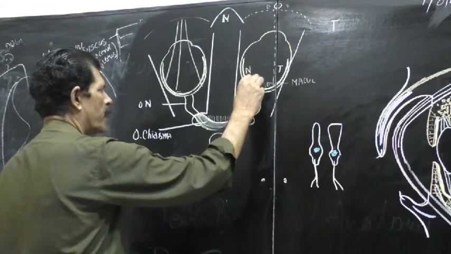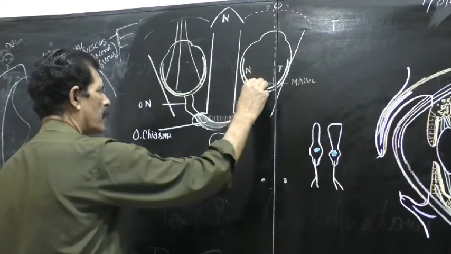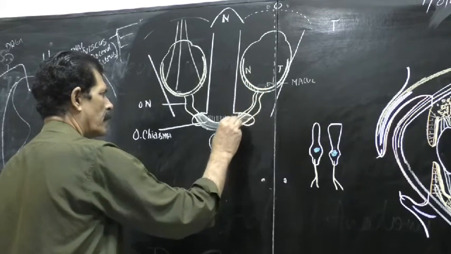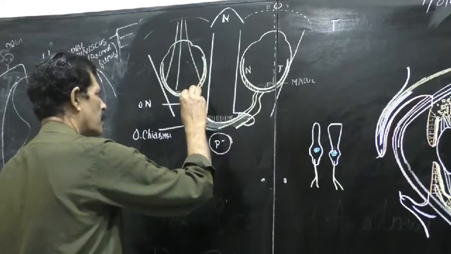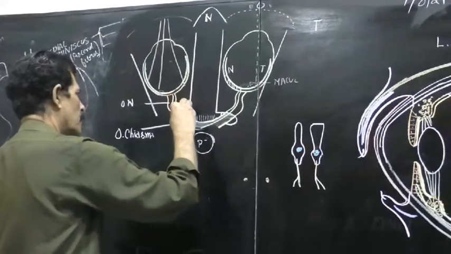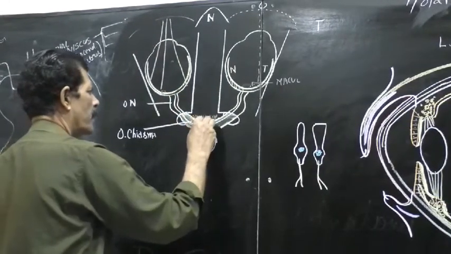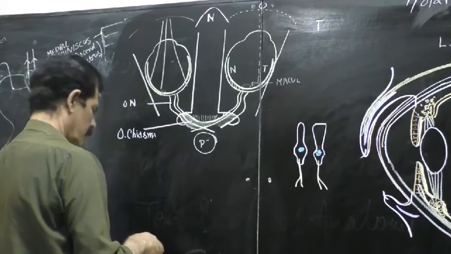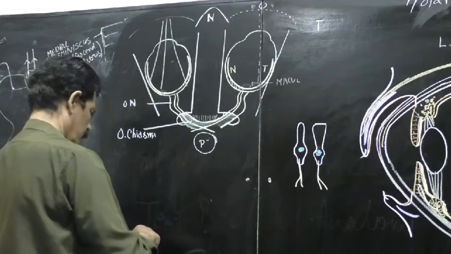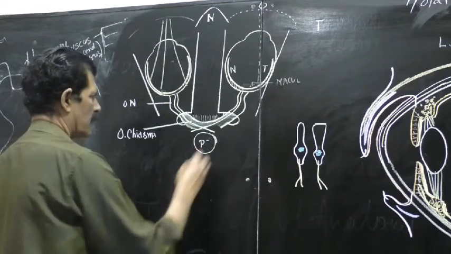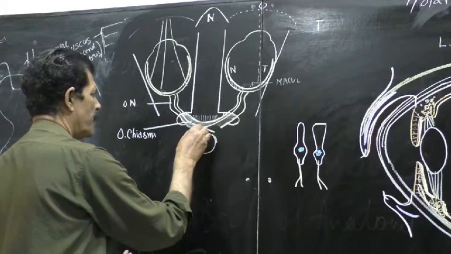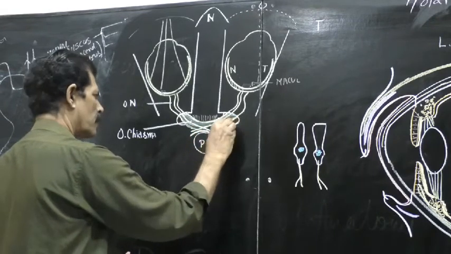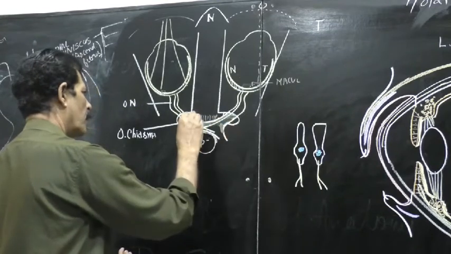So fibers coming from the nasal part come here and cross in the midline in the optic chiasma. After crossing, they further pass anterior to the pituitary fossa and the pituitary gland, on the opposite side,